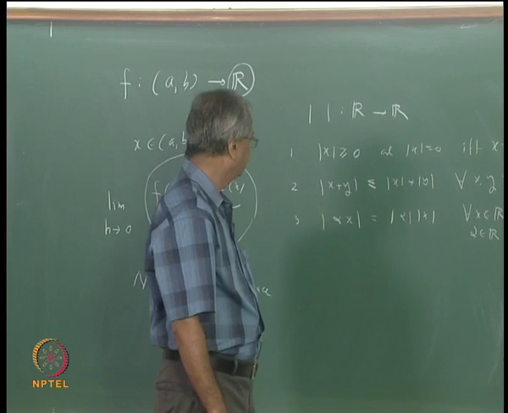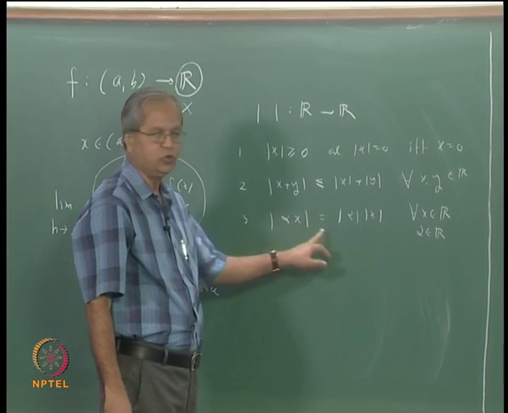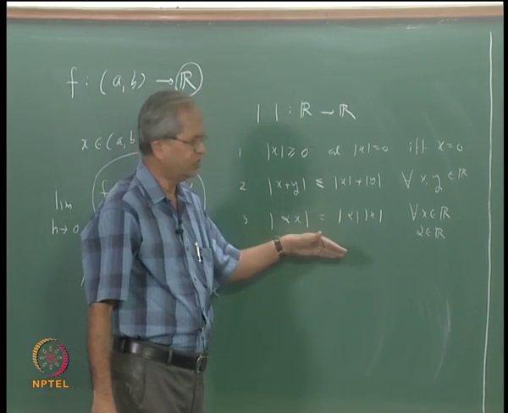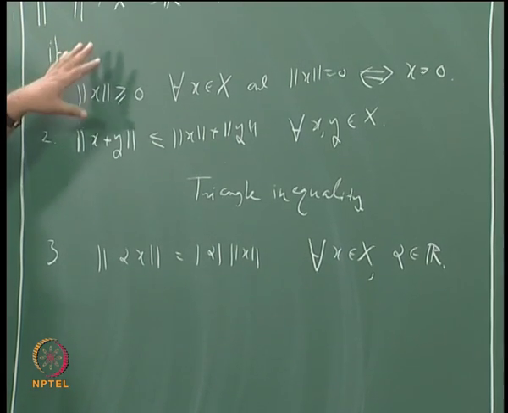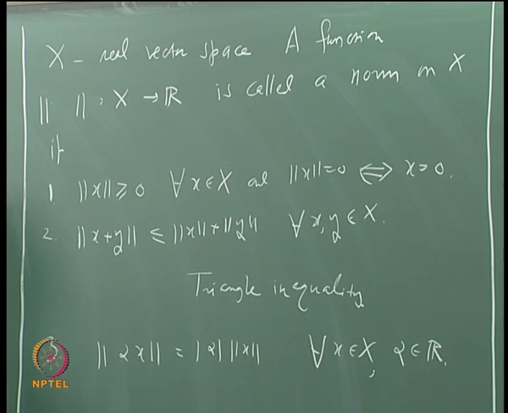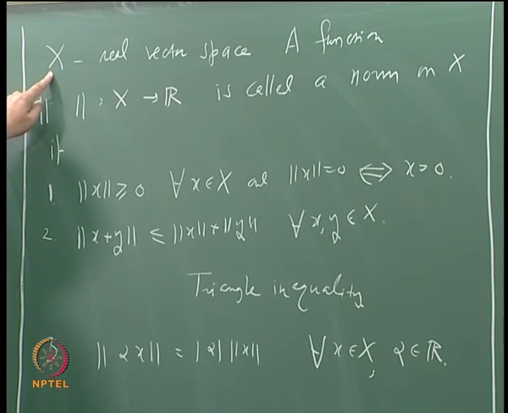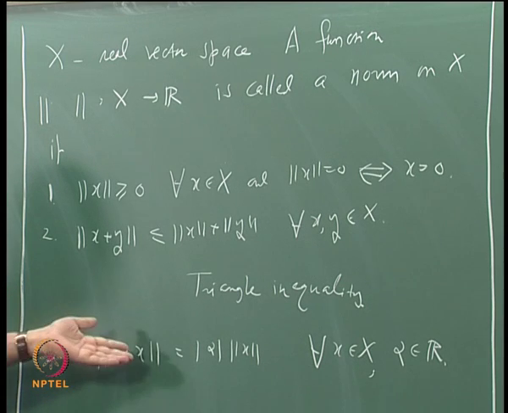You might have wondered while writing the properties of this absolute value, why did I take alpha here, because I could have written this as simply y into x. But one of the conventions followed is that if X is a vector space over some field R or C or whatever it is, you normally denote the elements of the vector space and underlying field by different sets of symbols. So for example, one can use the convention that we denote the elements in X, which are called vectors, by the usual lowercase English letters x, y, z, etc., and elements in R, which are called scalars, by Greek letters alpha, beta, etc.